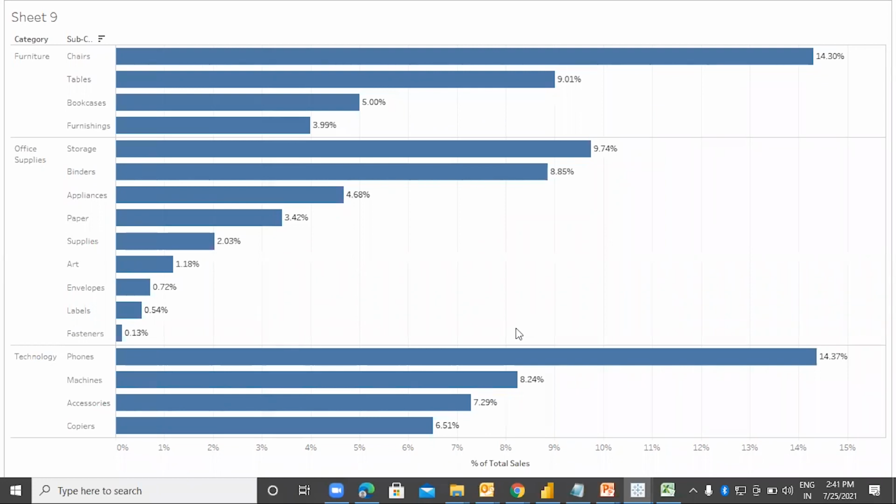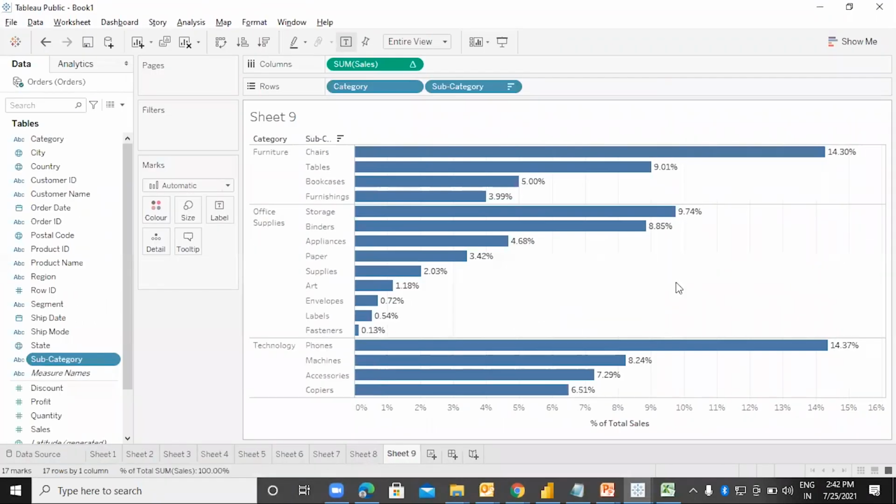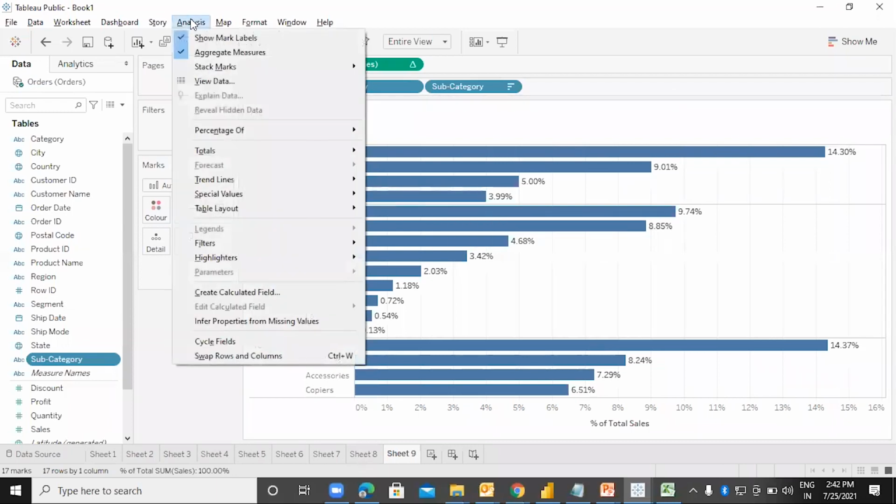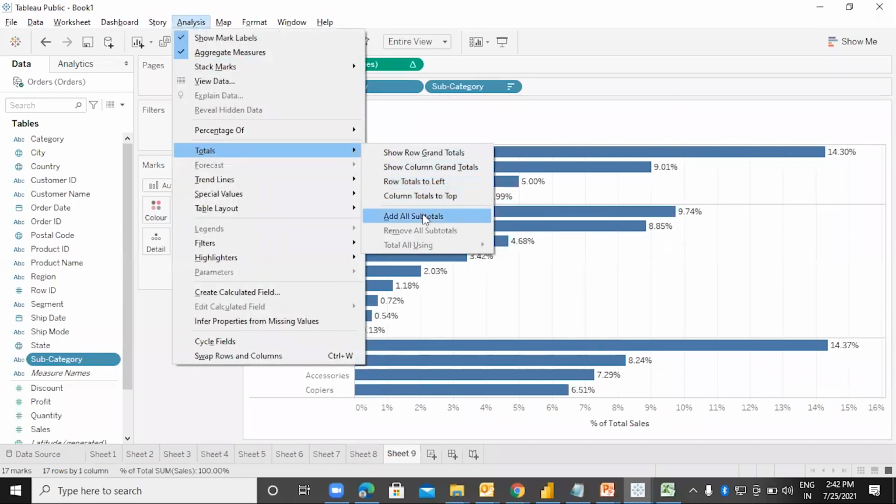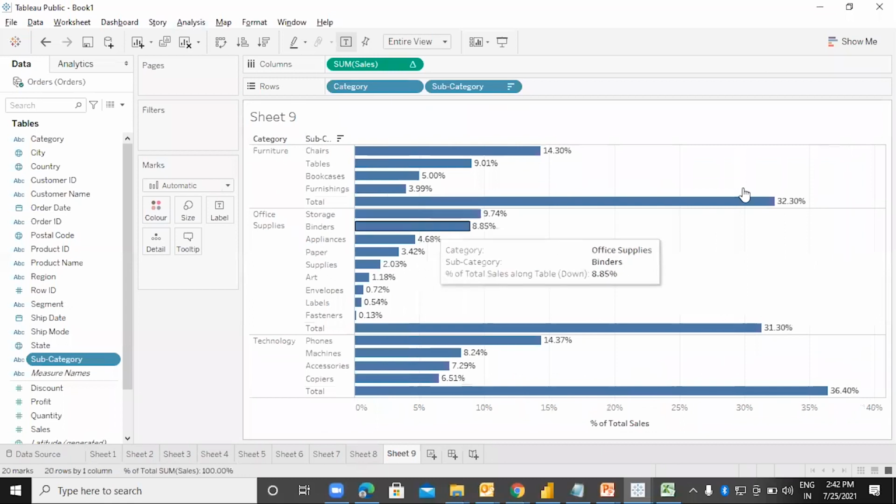Percentage comparison of chairs with respect to the overall sales is 14%. Let me also add the subtotal over here. To get the subtotal, I can go to analysis, totals, and say add all subtotals. Here it is. So what is 32%? 32% is the contribution of furniture with respect to the overall sales.